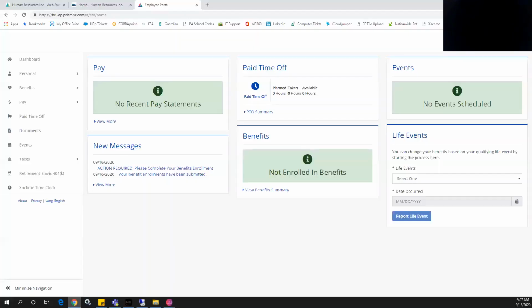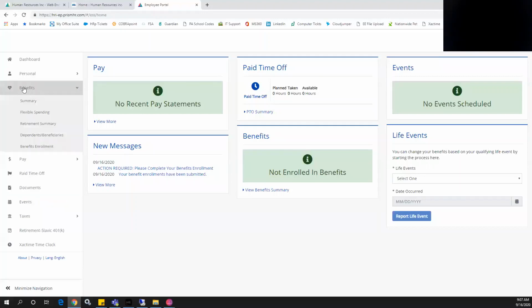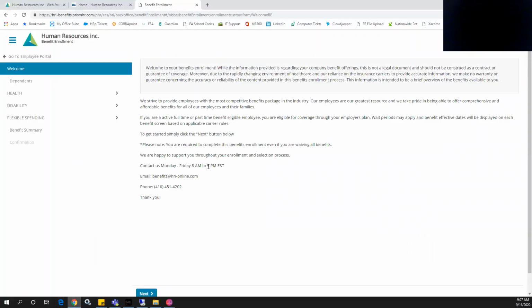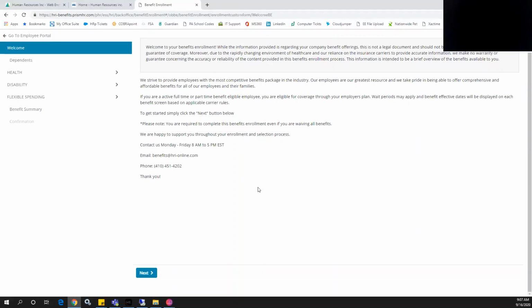Once you have logged into your employee dashboard, along the left-hand menu, click on Benefits, then Benefit Enrollment, and a pop-up window will be displayed showing you your active benefit elections. The welcome letter will walk you through the steps needed to process your enrollment, and we strongly encourage our employees to follow the Next button versus clicking over here along the left-hand menu to ensure that they are prompted properly